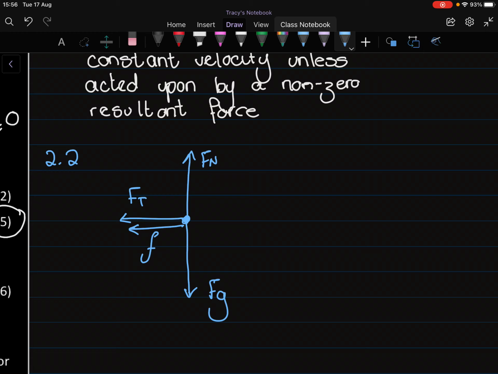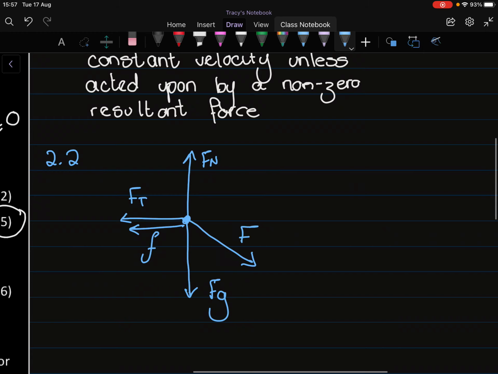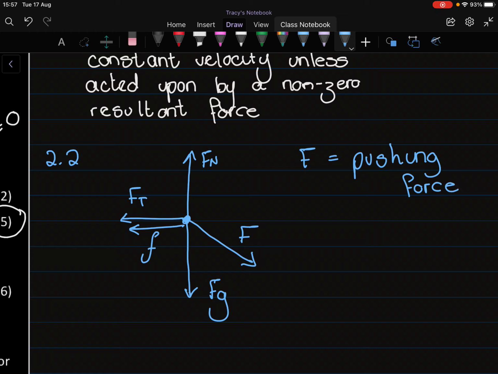So even though it's pushing down, the angle that it goes to is that. Be careful when we label this. We don't say applied force anymore. This is the pushing force. Yes, we are applying a force, but it's a very specific type of applied force, so it's known as the pushing force. Then we've got Fg, which is gravity,